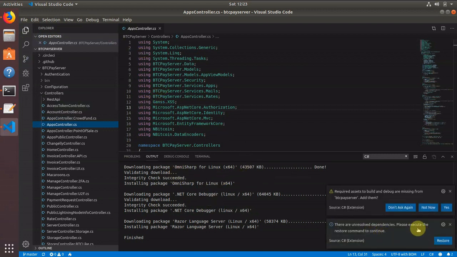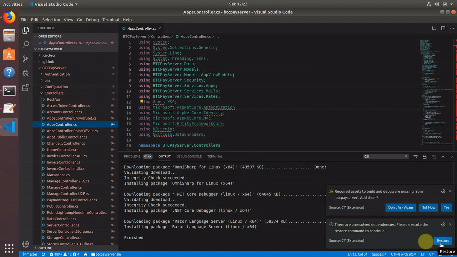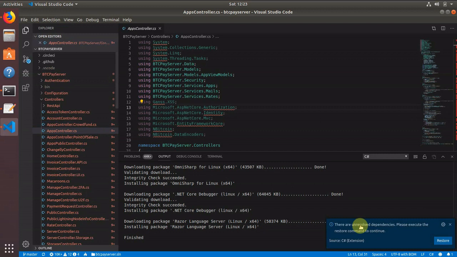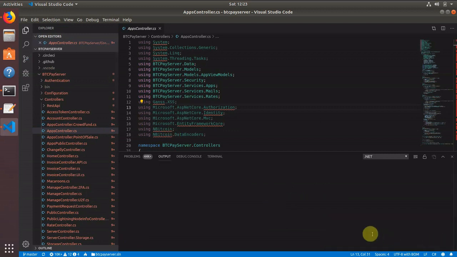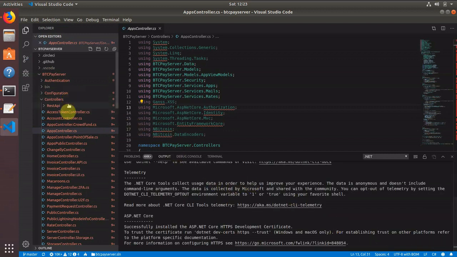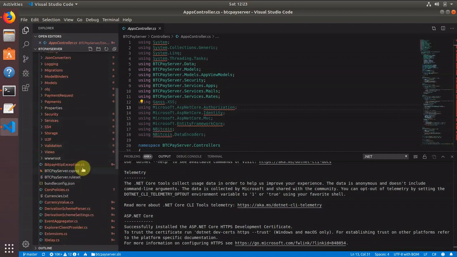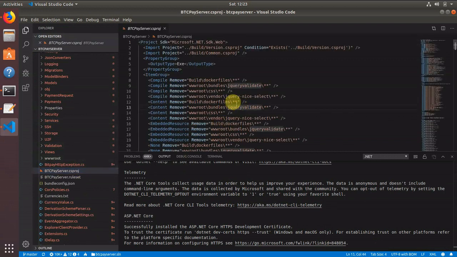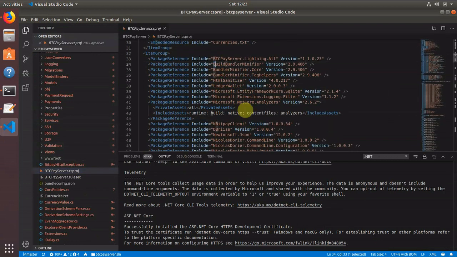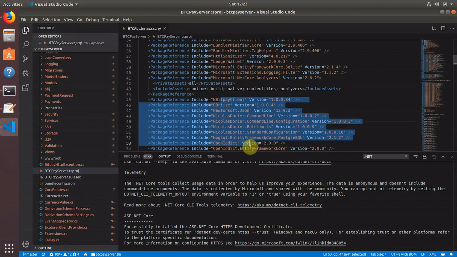And yeah, this is what I'm saying about development today. You don't even need to know what's happening, it's already offering it to you. So you're having some unresolved dependencies, you're having some assets. Yes, I want to add the assets, and I want to restore all the dependencies, because BTCPay Server, it's not a massive code base, but it is a decent sized code base, and obviously it has references to some stuff, so